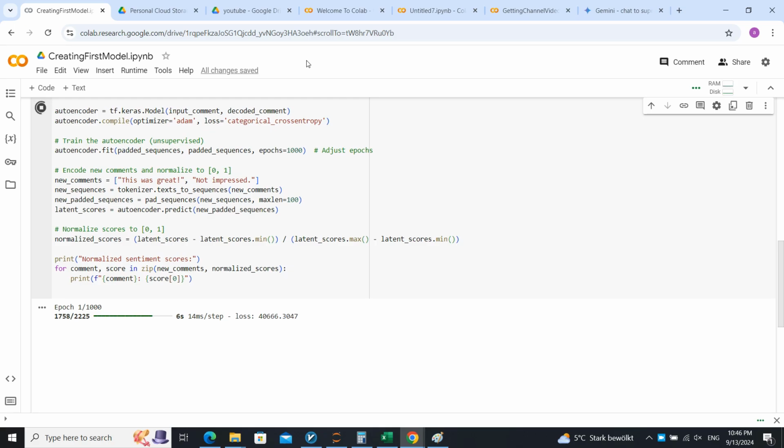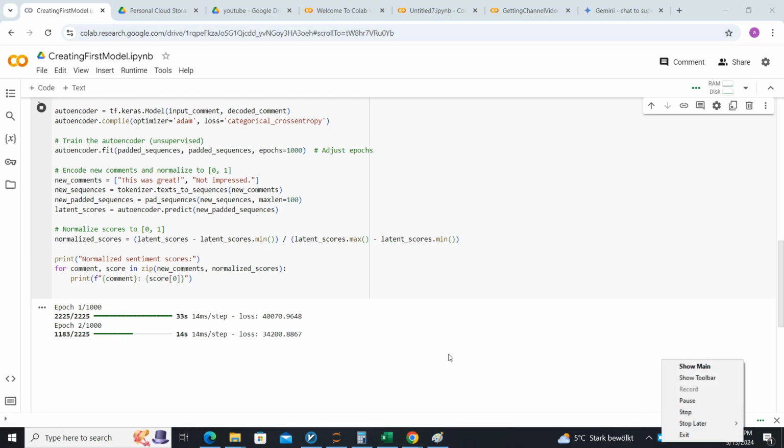But I don't know why I gave it 1000 epochs. And the loss is great. I don't even remember what loss stands for here and how it's calculating the loss. But the important thing is our model is working and working perfectly. Okay, let me give it time to train. I'll see you tomorrow in the next